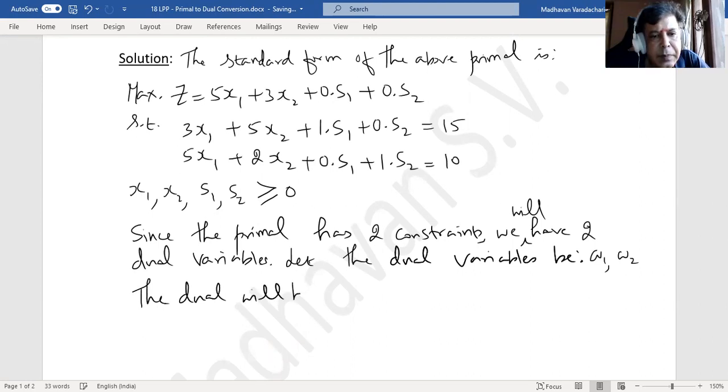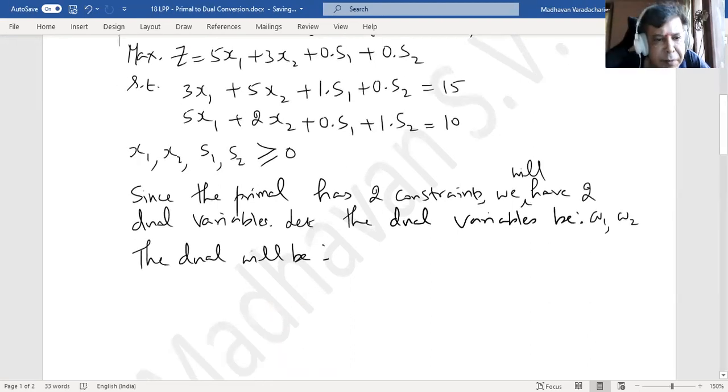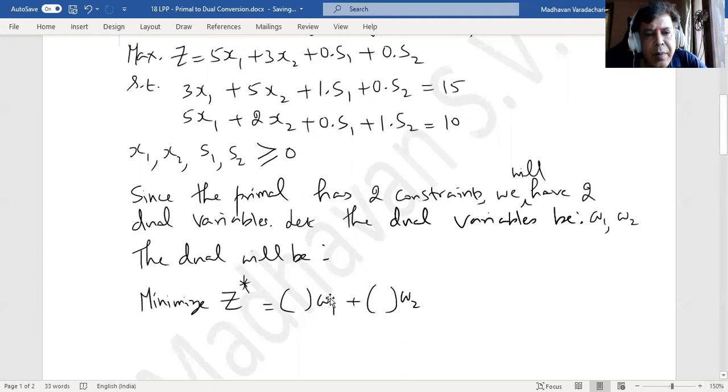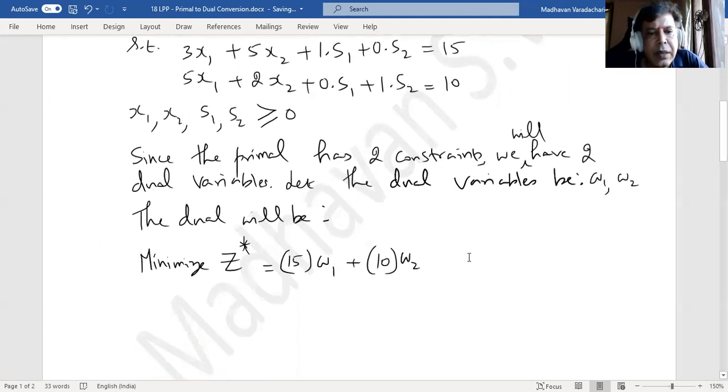Now, the dual will be, if the original problem is maximization, dual will become minimization. Original problem has got Z, here we will call it Z star. Now we will have some coefficient times W1 plus some coefficient times W2. Now what will be those coefficients? It will be the right hand side constants of the primal. So this 15 and 10 will come here. Now, subject to,